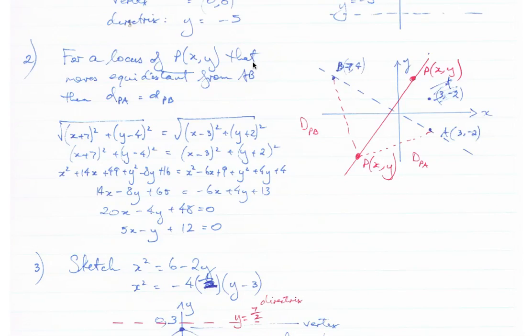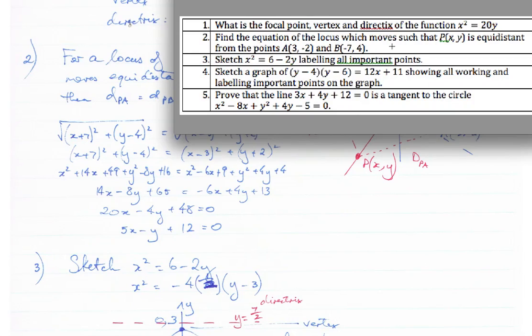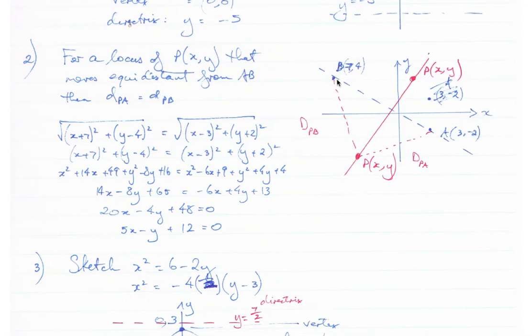Question 2. Here's the question. Find the equation of the locus. So it's equidistant from 2 points. Okay, so here are the 2 points that I've drawn, and I've just drawn a sketch before I start the work. The sketch shows the 2 points. It shows just a segment attaching, and we know that the midpoint here,